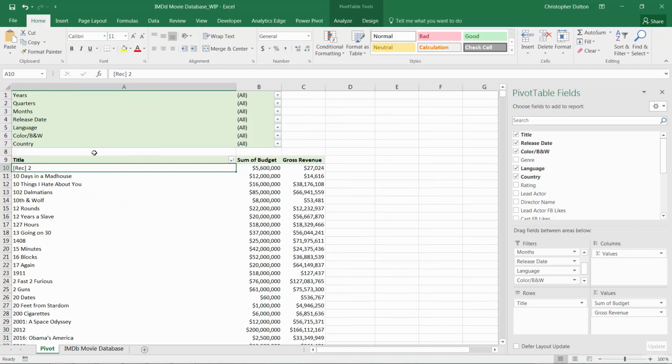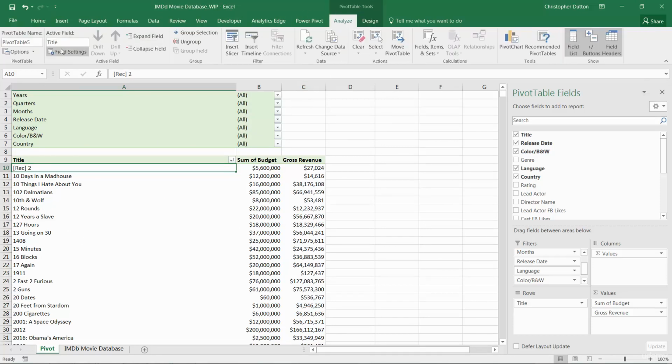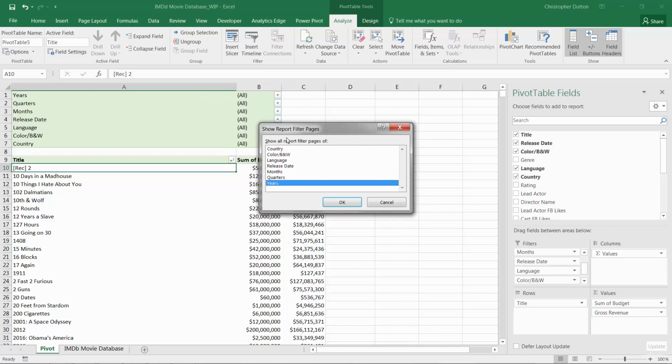And now I'm going to use this Filter Pages tool in Excel, which a lot of people actually don't know about. To access that, you can go into your Pivot Table Tools, Options on the left, and just click this drill down arrow to the right. And instead of going into your options, you're going to choose this second option called Show Report Filter Pages. When you select that, it will populate a list of any filters that you currently have in place on your pivot, which are the ones shown here, and allow you to select any one of these to break out